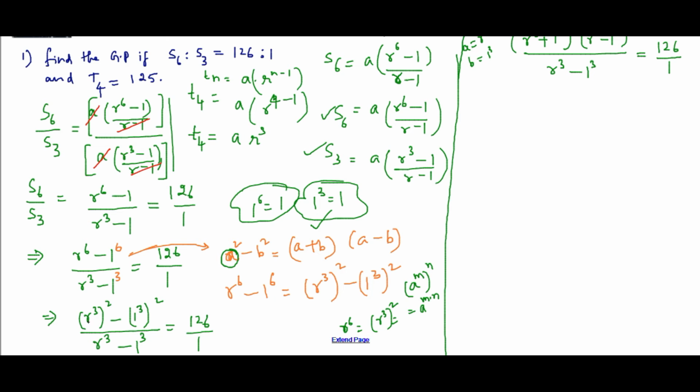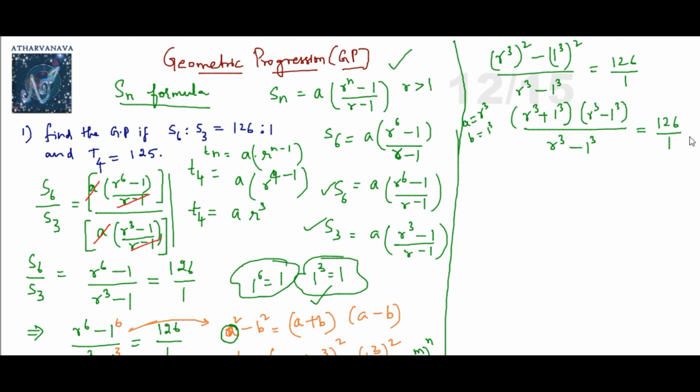So if you change like that, you can write this r power 6 as r power 3 whole square and 1 power 6 as 1 power 3 whole square, and we are not going to touch the denominator. And further what we are going to do is use this formula called a square minus b square. In algebraic identities you must have seen a square minus b square is a plus b into a minus b. So right now I will write this part r power 6 minus 1 power 6 this way and then further this way. How do I write without any confusion?